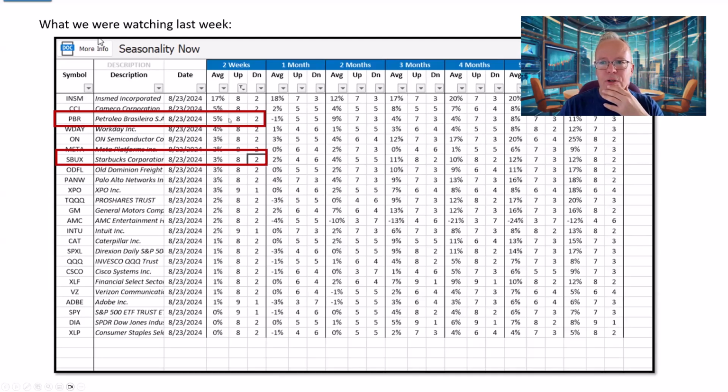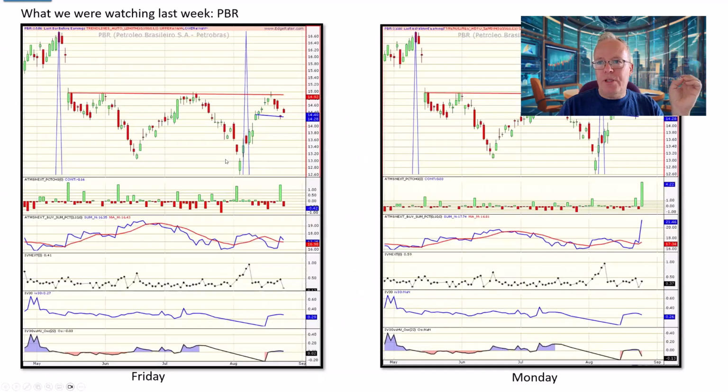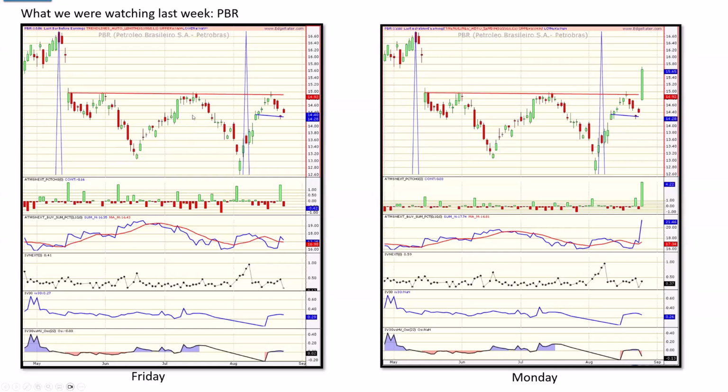PBR, which was third in the list, which had over the last 10 years eight up years and 2 down years with a 5% average, and then Starbucks, which had an 8 and 2 with a 3%. Okay, let's just take a look at the charts of PBR. So this is Friday in PBR on the left-hand side, and